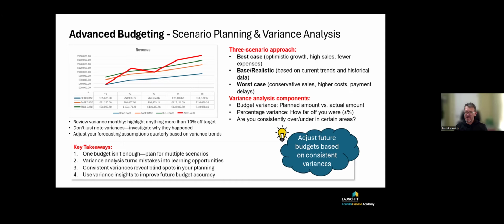You need to make some assumptions about your business. So what do you expect your sales to do over that period? How do you expect them to grow? Which, again, gets you into the realm of looking at a business plan, understanding that business plan, understanding what might happen over time.